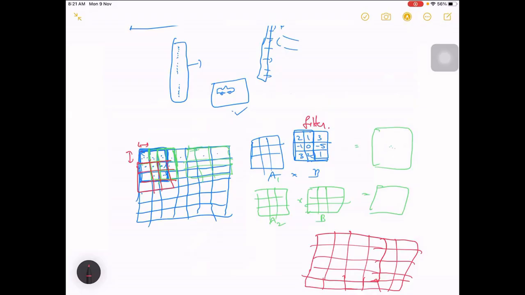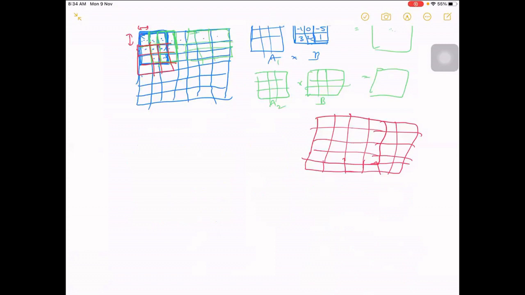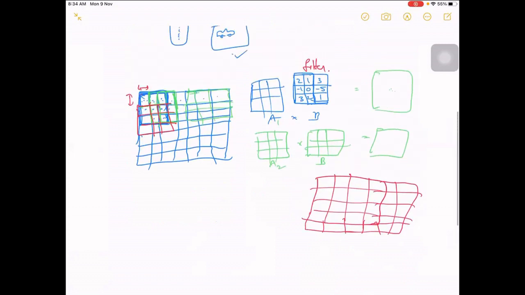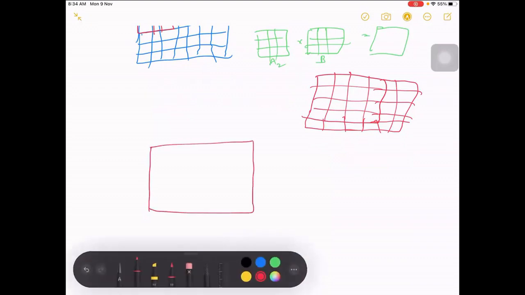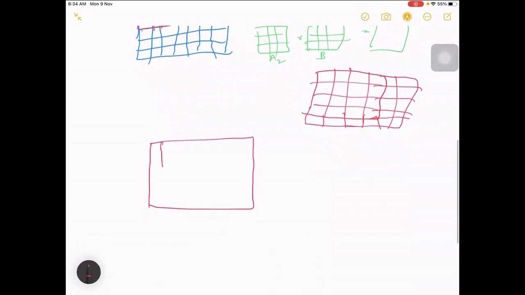Now we have seen how convolution works. We have observed in that animation, in this window previously, let's take the same example where we used 7 by 7, 1 2 3 4 5, 6 and 7.